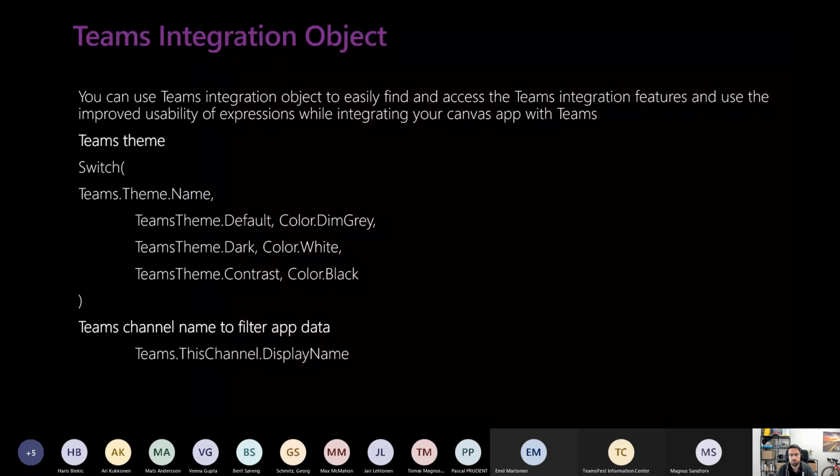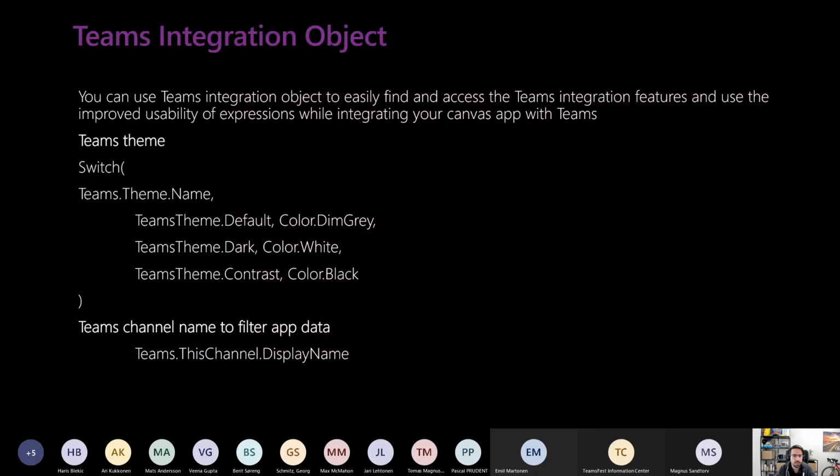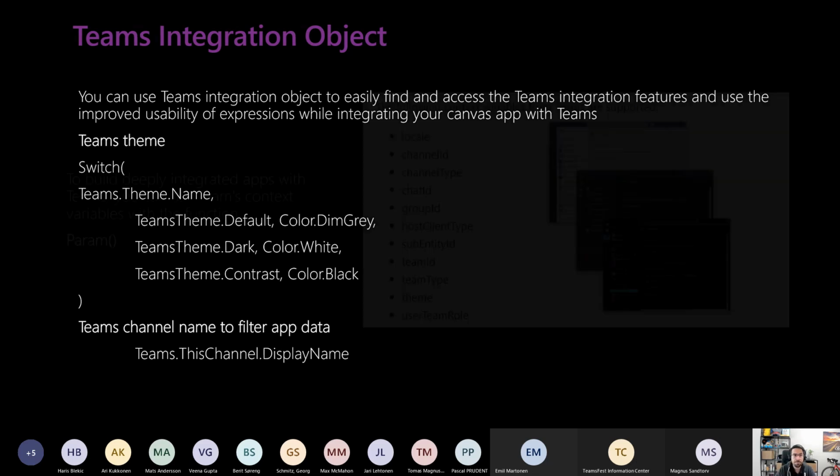For example, just two things. It's the possibility to use the Teams object to get the name of the theme inside Teams, and for example, to make a switch and then set in Power Apps different background colors based on the theme used inside Teams. Or, for example, we can use the same object to access other information, like the display name of the current channel when the application is deployed. It's very interesting.